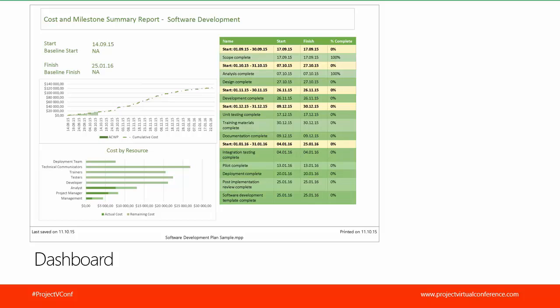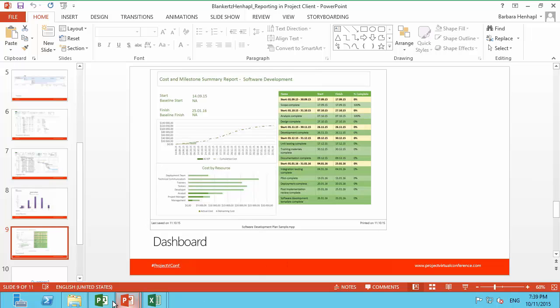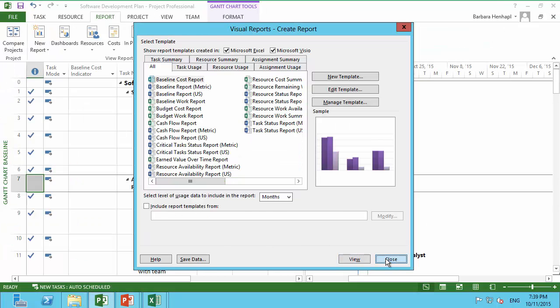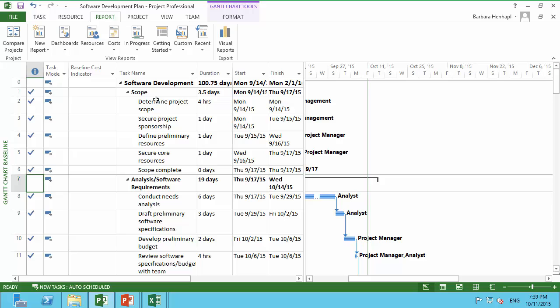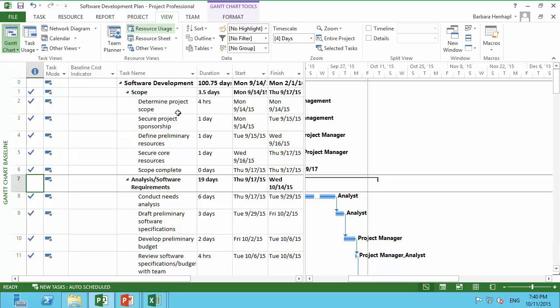Last but not least, we will create a dashboard, which takes a bit more time to do. We go back to our project, and this dashboard shall include the milestones grouped by month. So first of all,